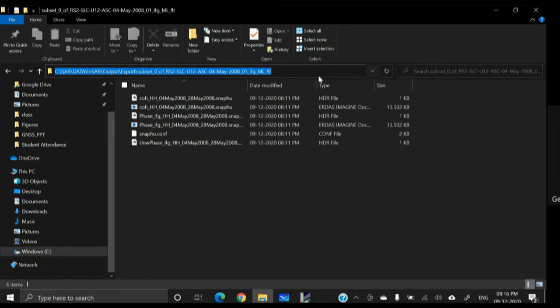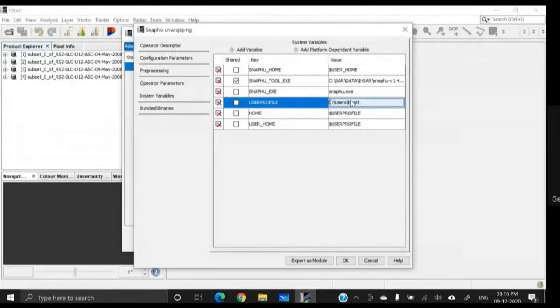Otherwise, it will be very difficult to type this full path manually. Definitely you will make some mistake, and ultimately the program will not run. So click on this black area, or select it and press Control C on the keyboard. Then put this value over here, user profile.